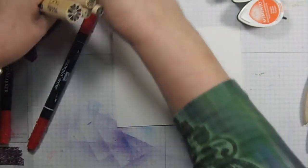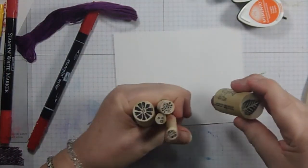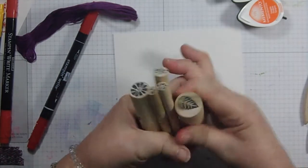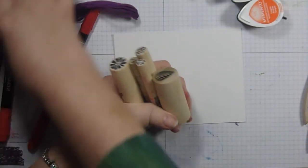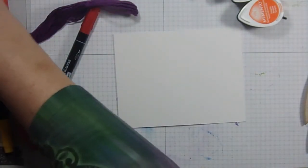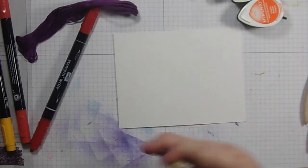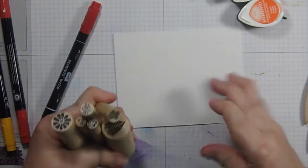So I'm trying to pick up all my stamps as I'm talking to you. The stamps I'm going to be using are these, and I'll give you the names of them. I had one roll away. I know my friend Elizabeth always tells me I need to keep these things in order, but this is the one time I don't have my little ice cube tray going. Alright,